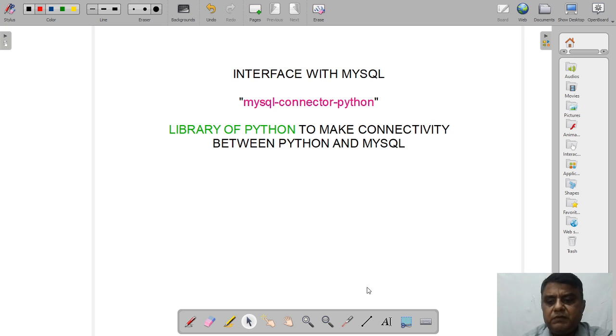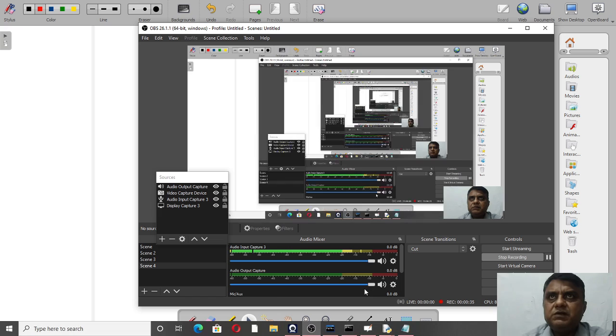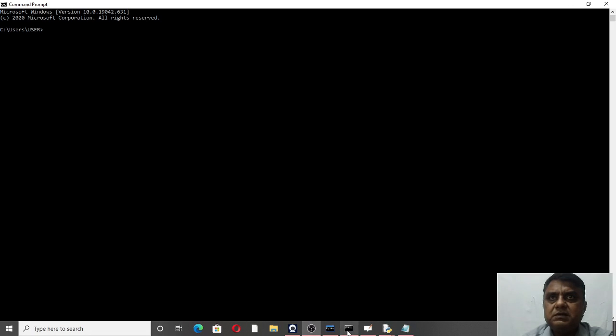So how do we perform this activity? First, you go to the command prompt, that is CMD. Open this command prompt or CMD. This is the console, and you will type this command: pip install, and the name of the library that you want to install. What is the name of that file?